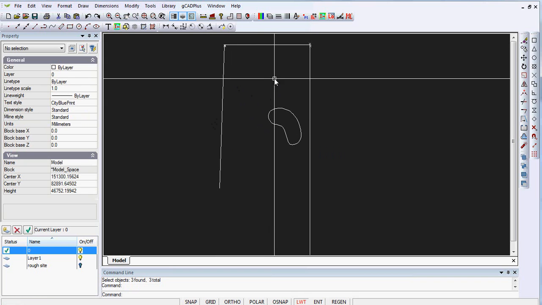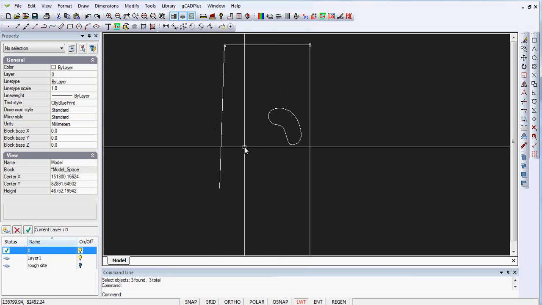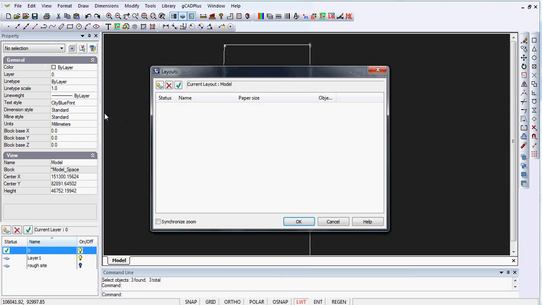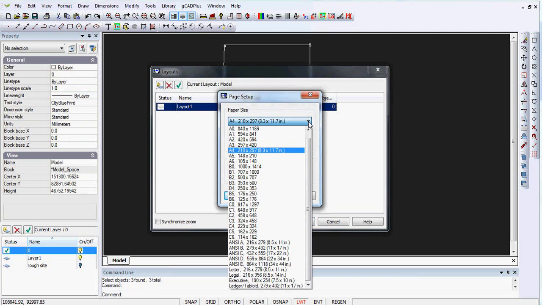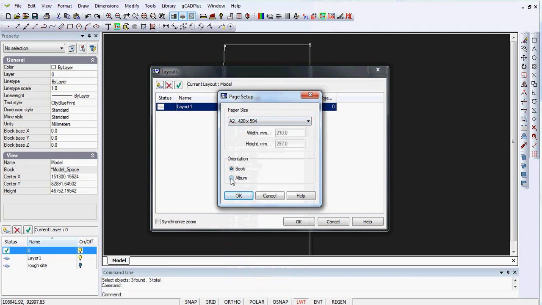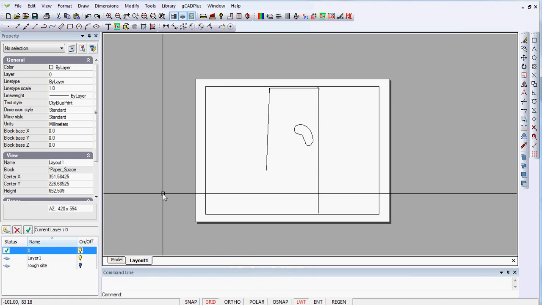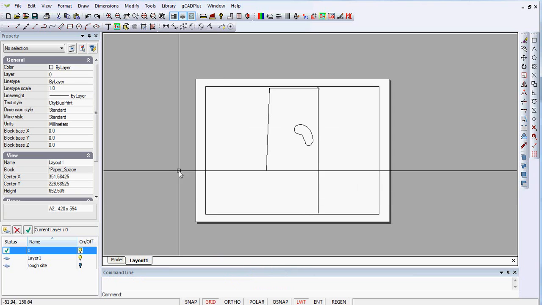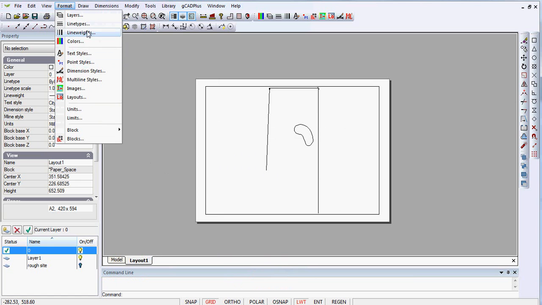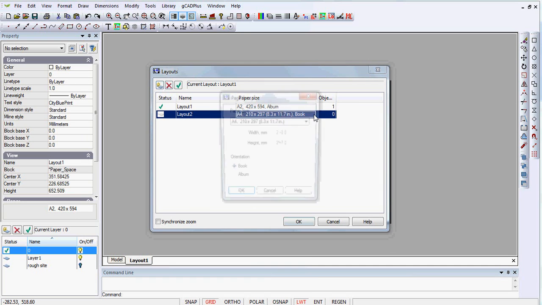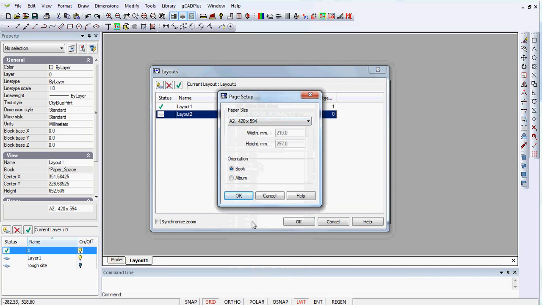So what we're after then is to build our drawing. Once we've built our drawing, we format layouts, start a brand new layout. If you routinely presented your drawings on A2 sheets in album format, we can do that. Now in layout, we see our design. You might want to do that in portrait. So format, layout, a new one with an A2 sheet in portrait view,